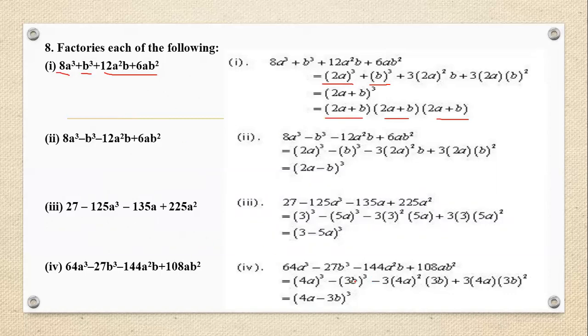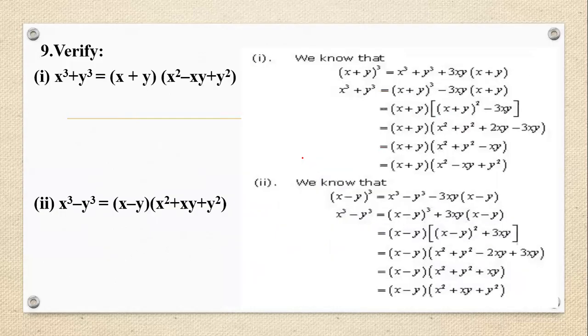All the questions are quite simple to understand, but you need to be very confident in writing the terms and rearranging the terms using the negative sign. That's very important. Now next we have question number 9. Here we are supposed to verify it. For verification questions, whenever we have such questions, we always solve the RHS to bring the LHS, or we solve the LHS to bring the RHS. That is what we basically do in a verification question.